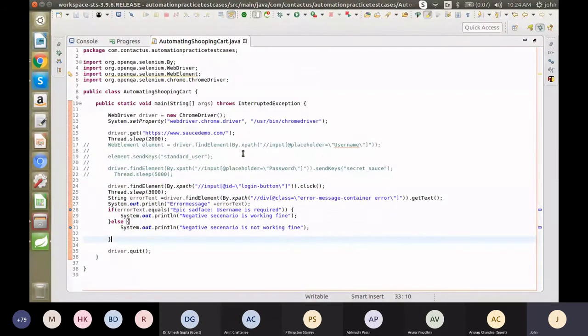The page is very slow, so I will show how to generate the TestNG report from this positive scenario and negative scenario.